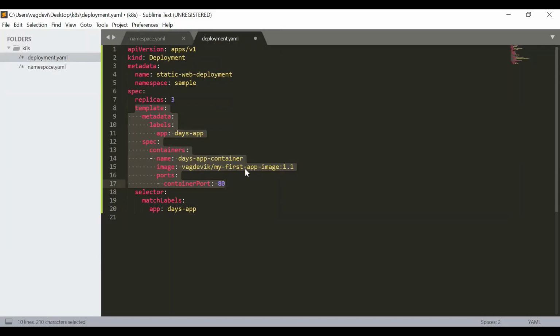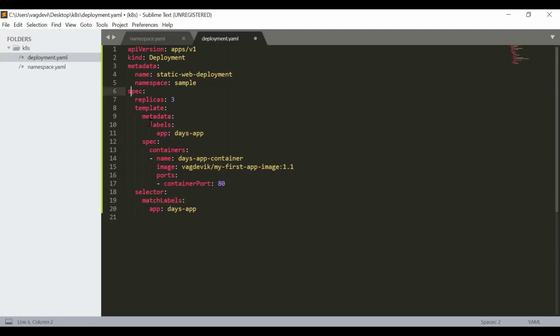So this is the initial static website which we have built in the first Docker series videos, so please go through that. And we are giving the name of the container to be days-app-container, and we are opening port 80 of this container. And remember that the labels are always mentioned in the metadata, and the selector is always mentioned in the specifications.